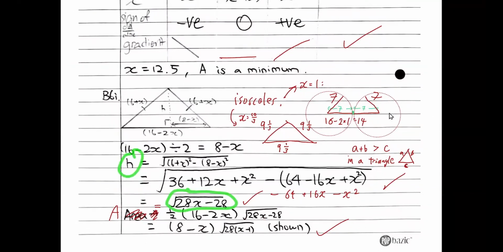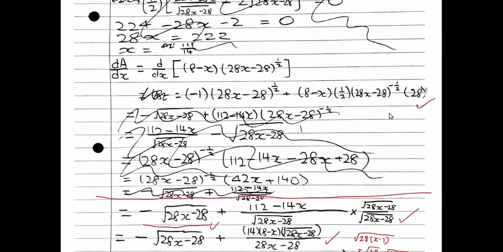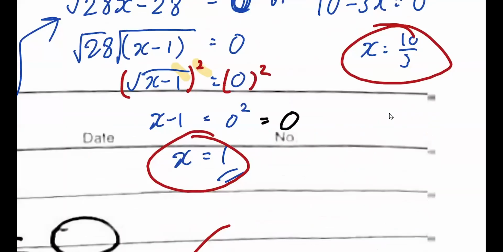If you sub in x equal to 1, what do you get? H equals? You get the square root of 0, which is 0. Can your height be 0? Cannot, because length is more than 0. Correct. So technically, you want to solve for two possible solutions, x equal to 1 and 10/3,